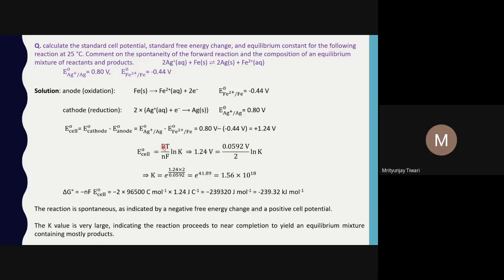You can put the value of R as 8.314, T as 298 Kelvin, divided by F as 96500, and you will get this value close to 0.0592 volt, divided by N, and the value of N is 2 in this case, and the ln K that we write here. It means that K will be equal to